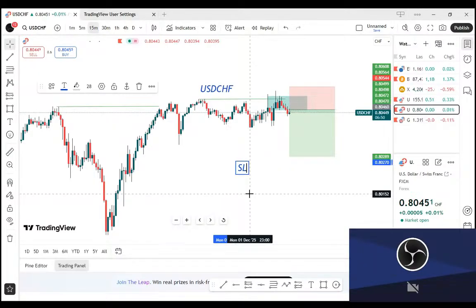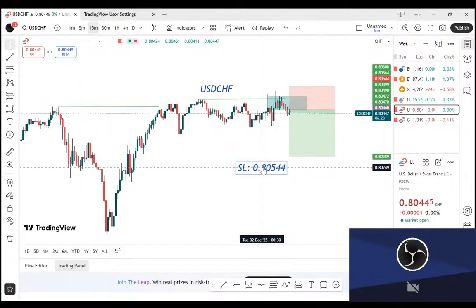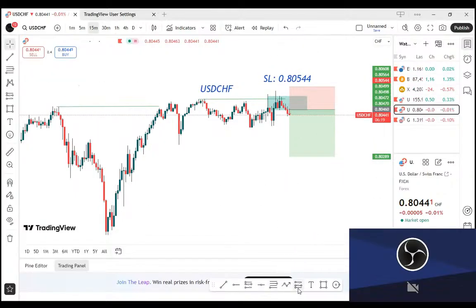SL. I'm already in a sell run. So in case you are just joining, you can take a sell opportunity. Risk what you can afford to lose. Then 0.805544, so this is for the stop loss target, above here. And TP